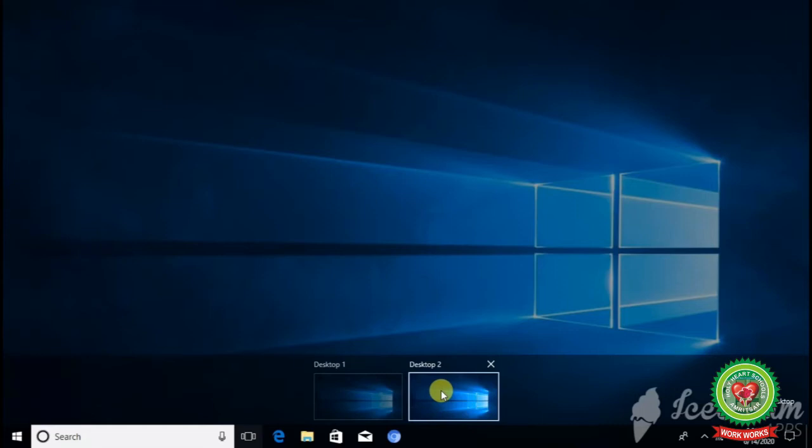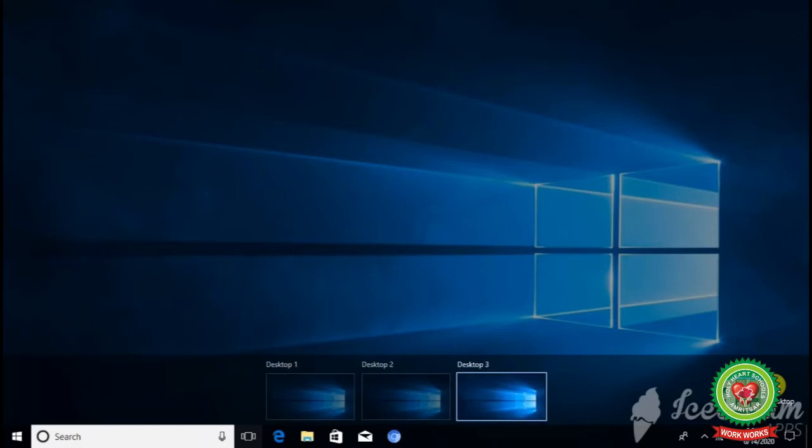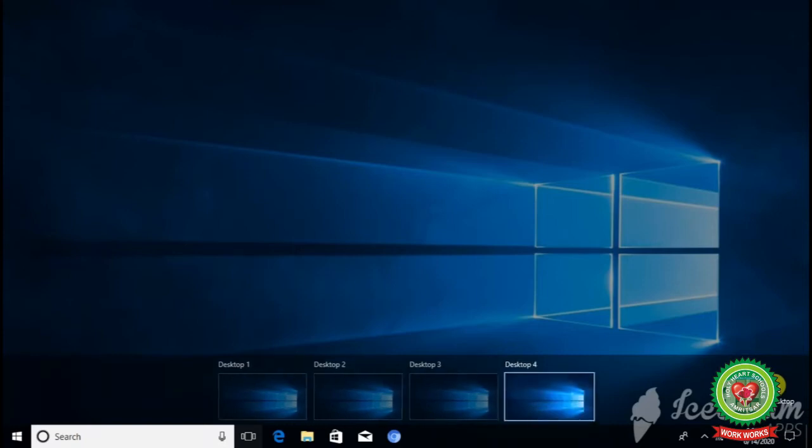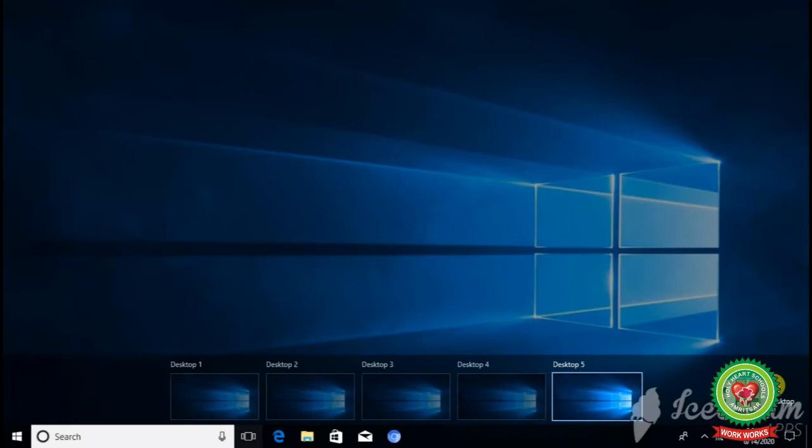If you want to create one more desktop, then you can click this new desktop icon, and the desktops will be added according to your requirement. So there is no limit to the number of desktops that you can add on your computer.